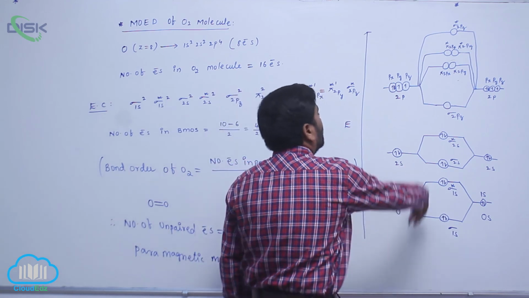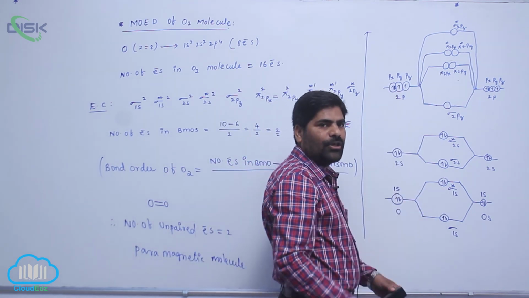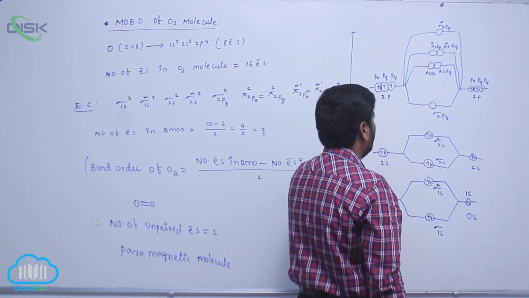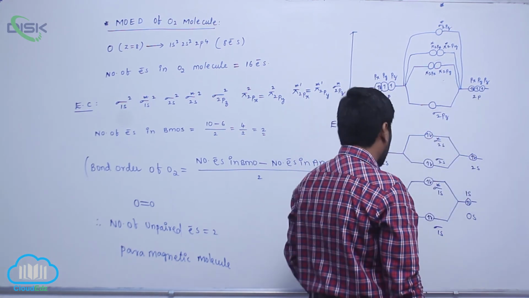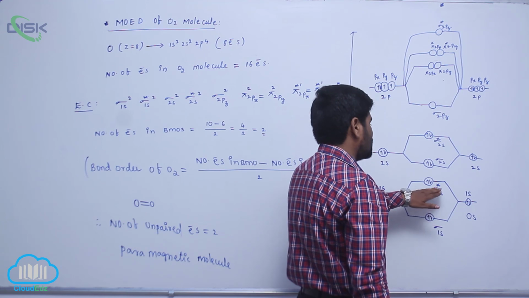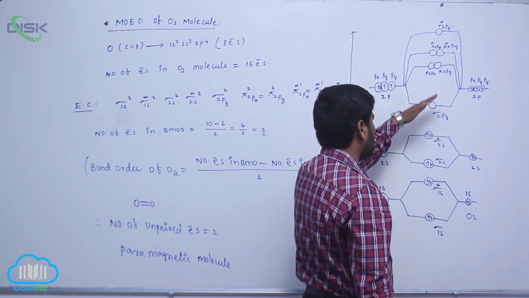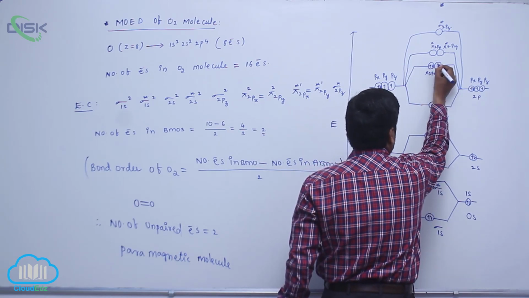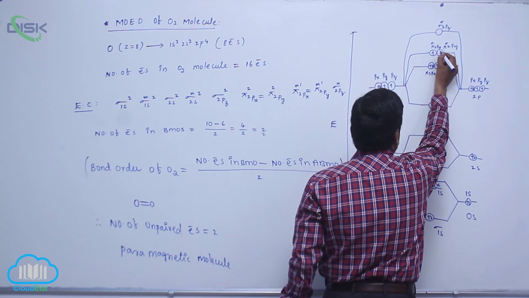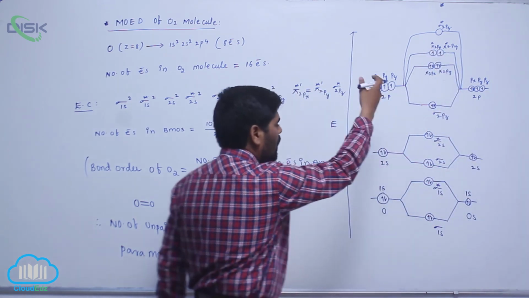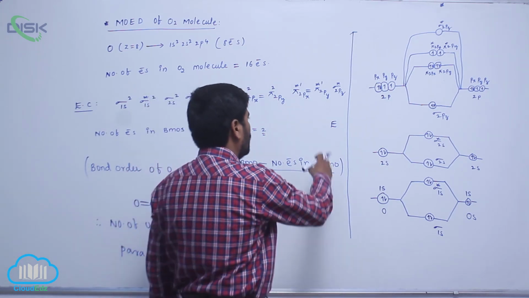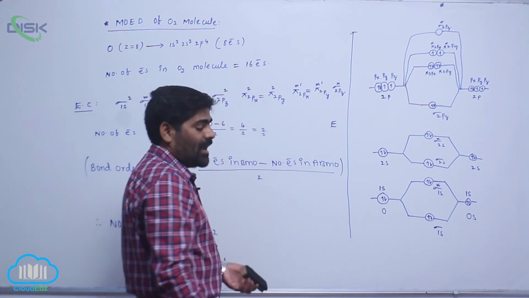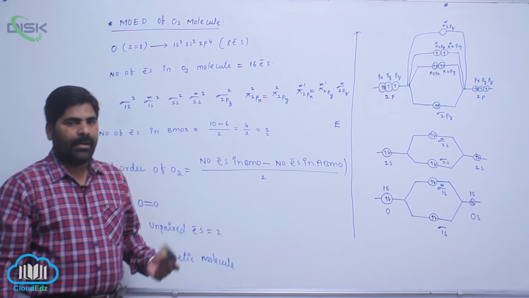So when we go for the molecular energy level diagram of O2 molecule, oxygen contains 8 electrons, 1s2, 2s2, 2p4. Then sigma 1s, sigma star 1s. So we are filling like this. Here is 2 electrons, then here also 2 electrons, then 1 electron here, here is also 1 electron. Total 16 electrons. So these 2 orbitals contain 2 unpaired electrons. It is a paramagnetic molecule.